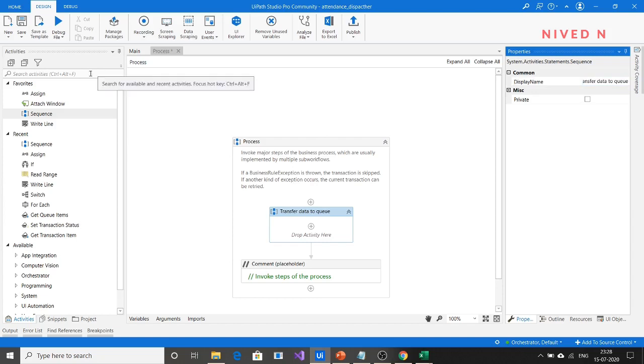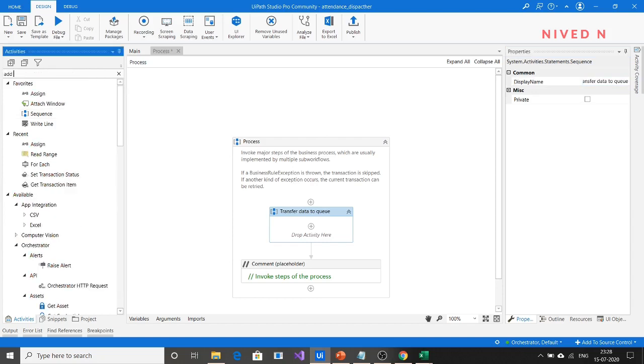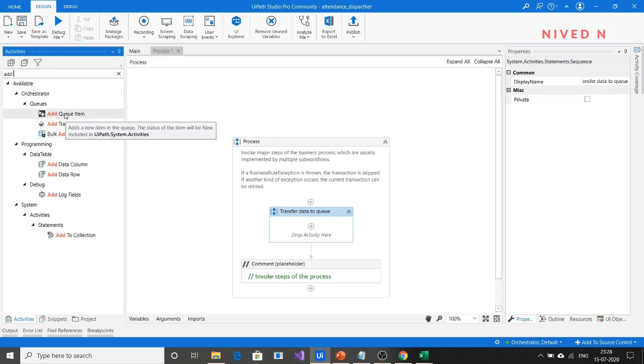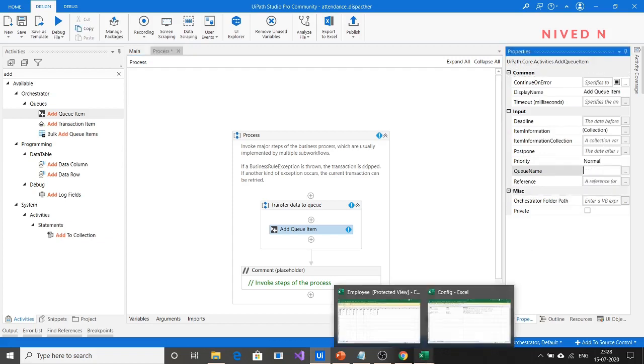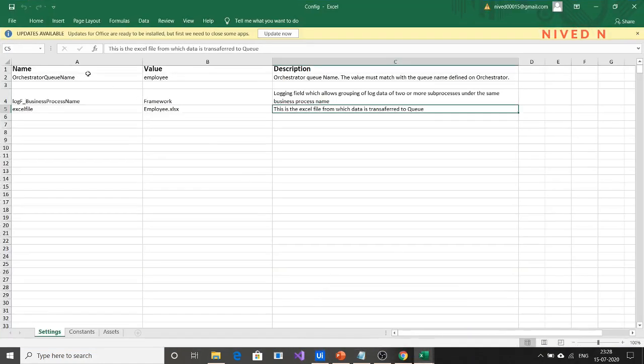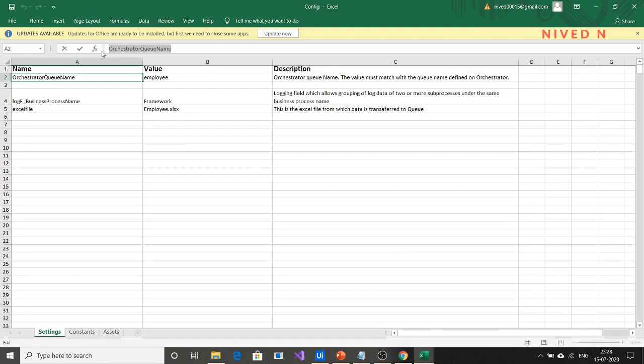For that, we can just use the add queue item activity. For that you have to give some proper values in the property section. At first, the queue name you have to specify here.